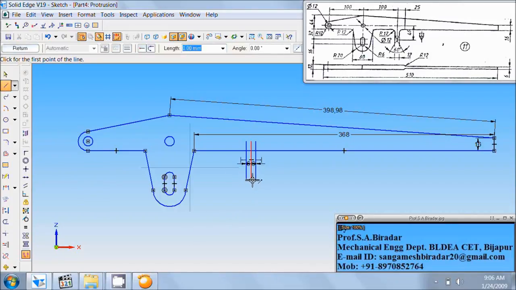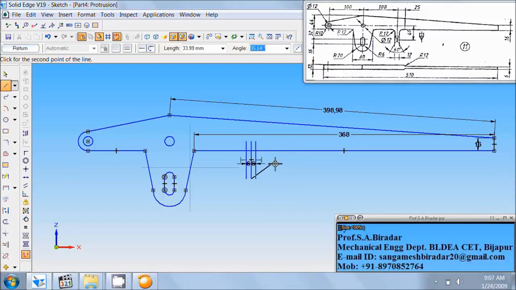From this end draw line of any length, press the tab button. Angle it is of 60 divided by 2, that is 30 with respect to vertical and 60 with respect to horizontal.